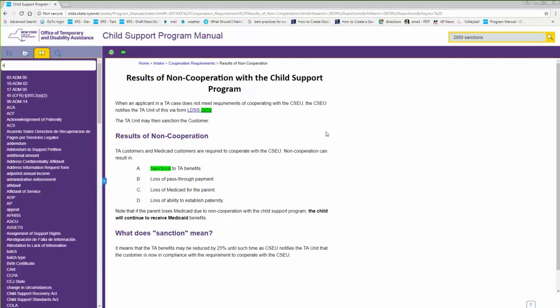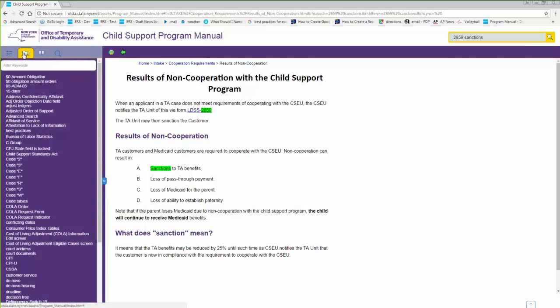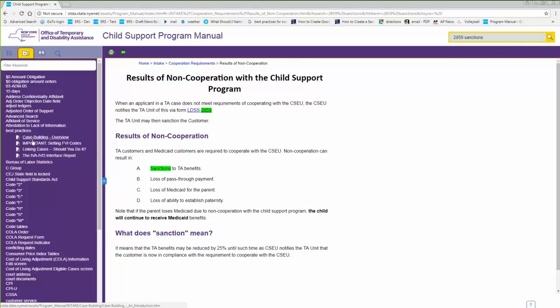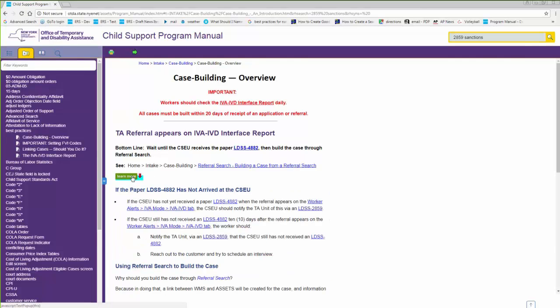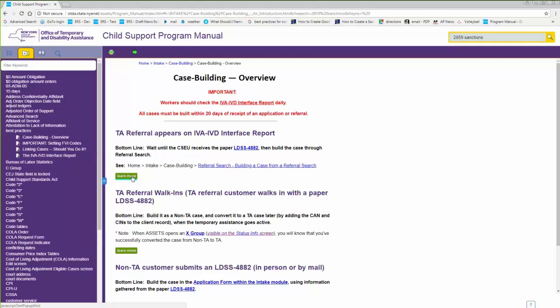Somebody, an early reviewer, said they found the index in particular a very easy way to navigate the site. Let's look at the index. And if we look at something like, for example, here, best practices, and I've got 4 different entries here for best practices. Let's look at them. Case building page. Here, throughout the manual, you may see buttons like these, learn more buttons. That's just for supplemental information that's not necessarily mission critical, but maybe good to know. You can just click on it, toggle open, toggle closed.